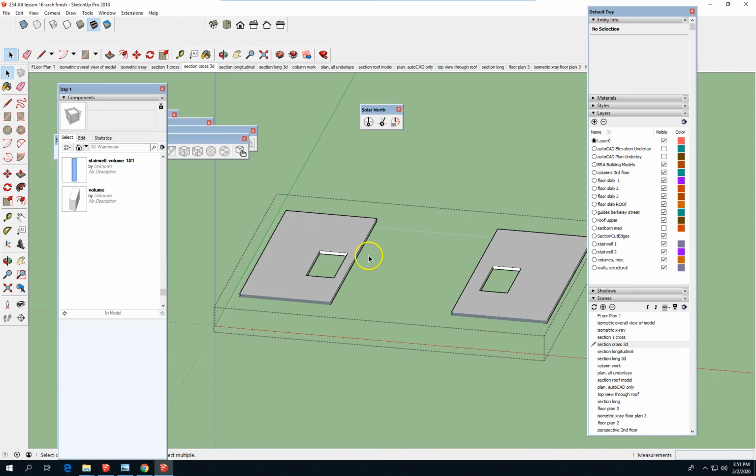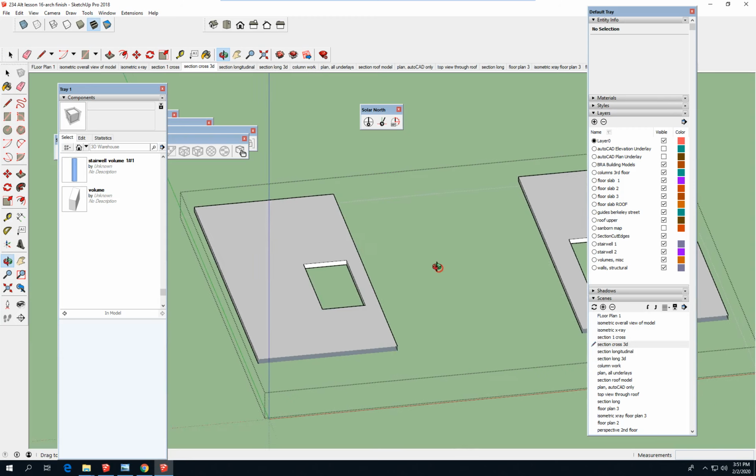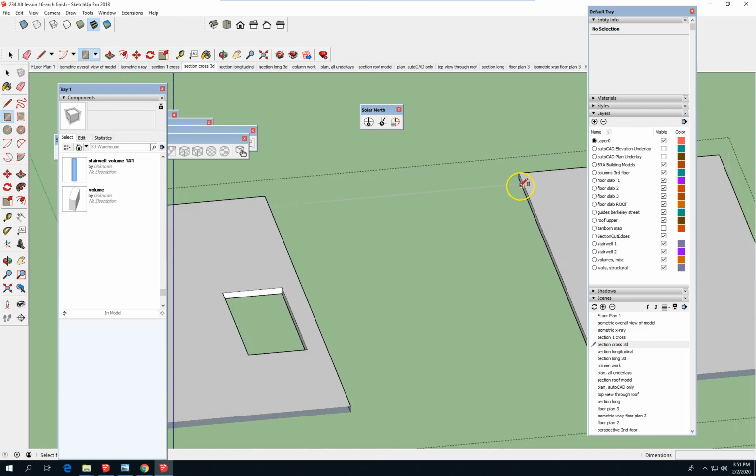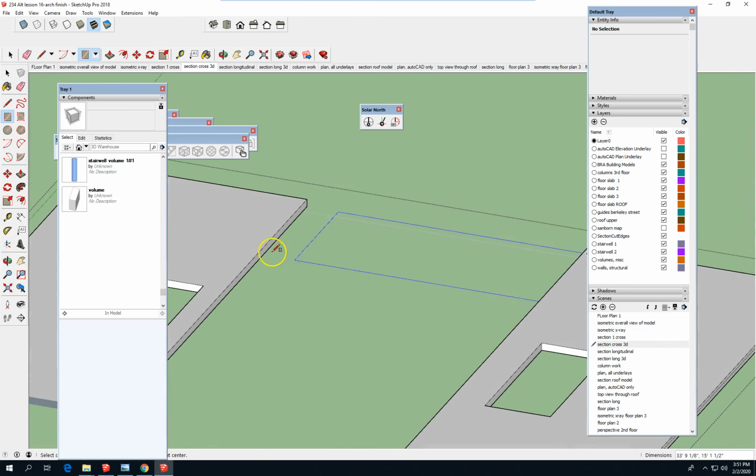And it also needs to bridge the gap. So I'm going to draw a bridge across,